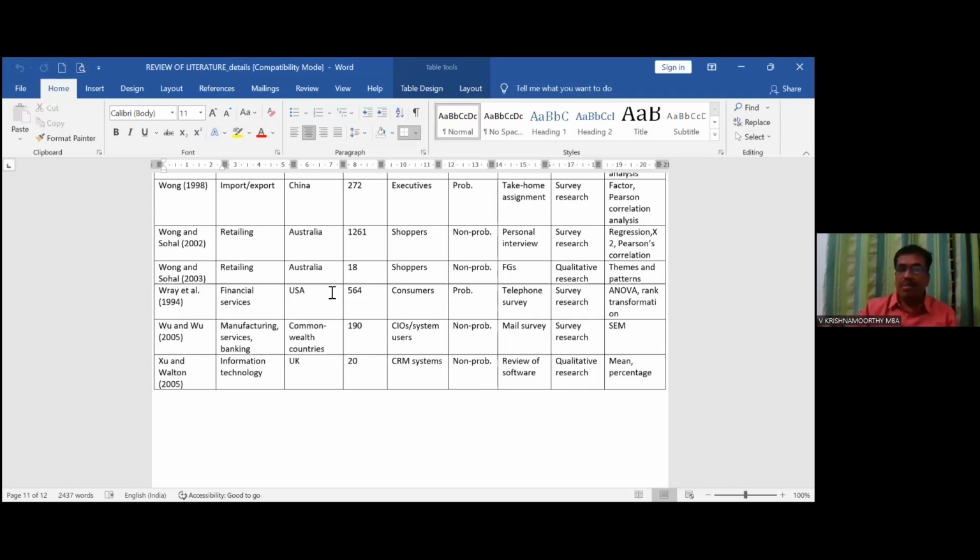So let's take your sample size, your response rate, it could be 50 or 60. Let's take others, it could be 40 or 50. You can also justify. So you can create a table like this. Okay, author name here. This is what I am trying to say. Similarly, you can also identify the